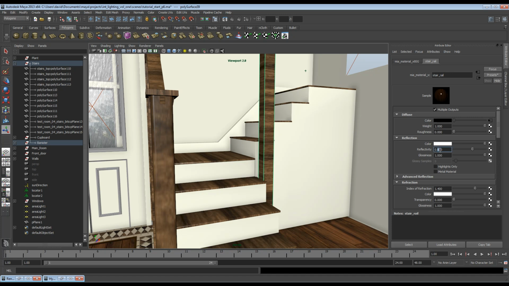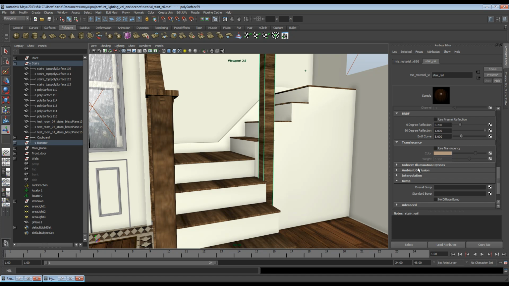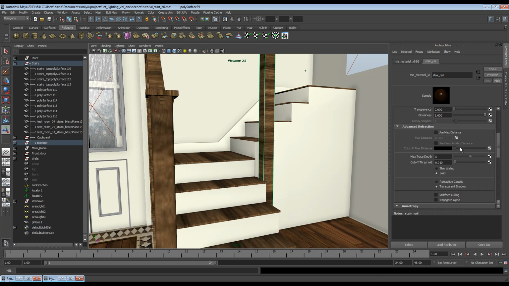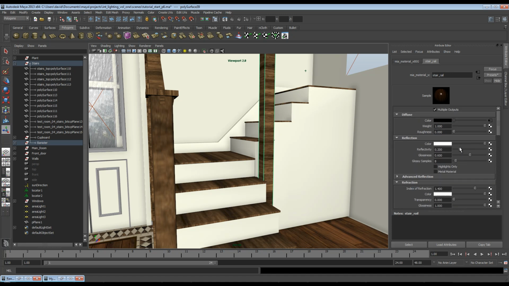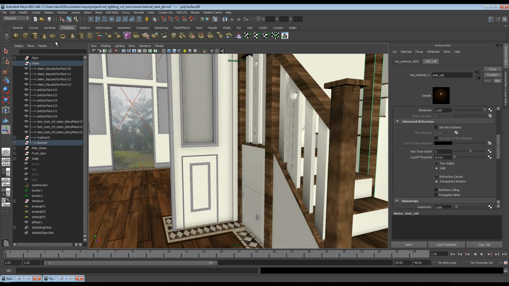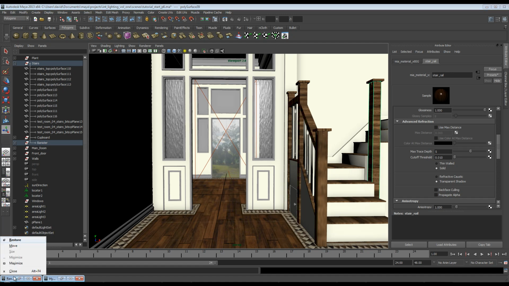And way too reflective, so reflectivity of 0.2, glossiness of 0.6. I'm going to actually turn on the ambient occlusion. Put it up to 32 samples. And distance is fine. With color bleed is on. Okay, let's look here now. We don't want anything else. No, that's perfect. So I'm going to jump back to my camera bookmark, open up my render view, and just